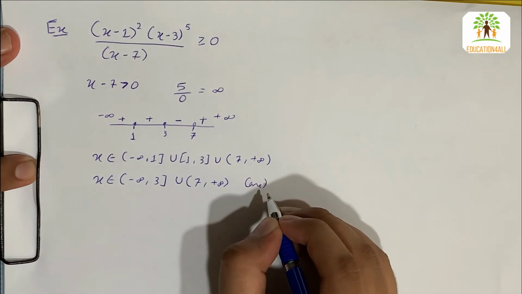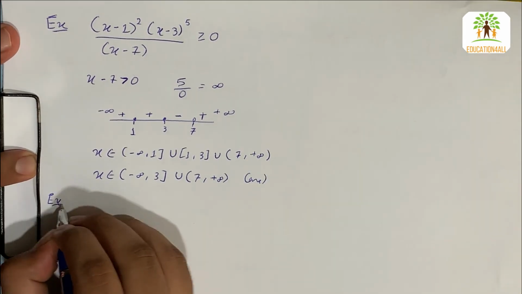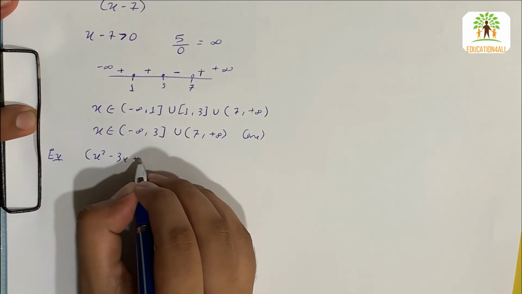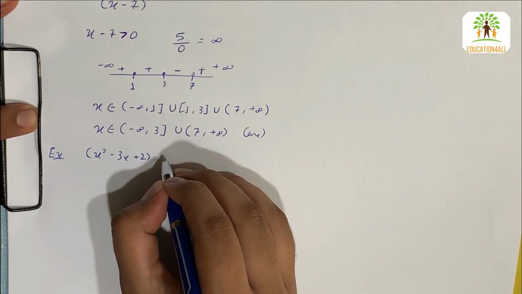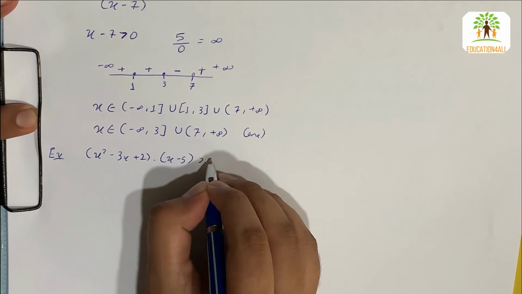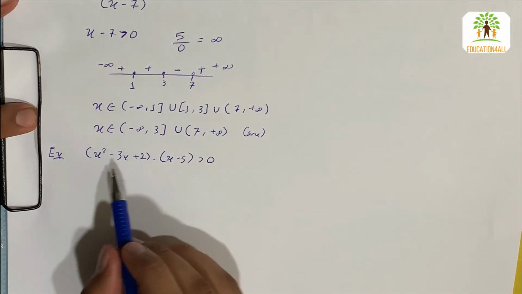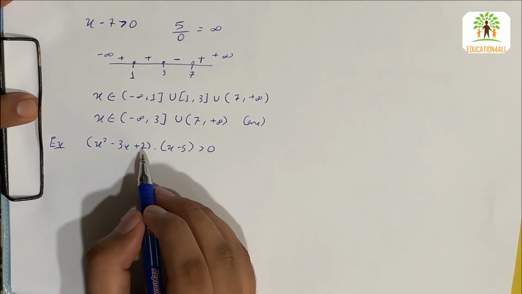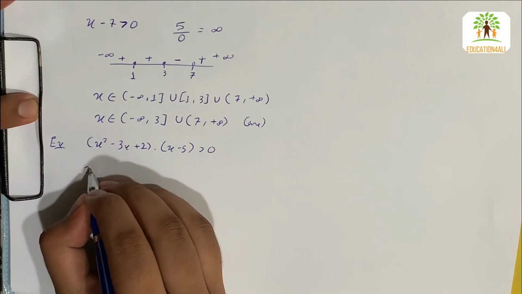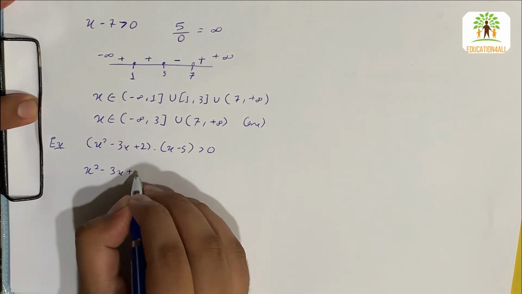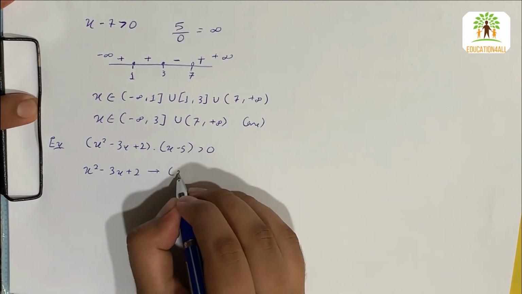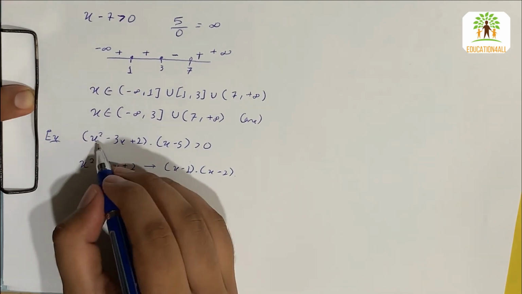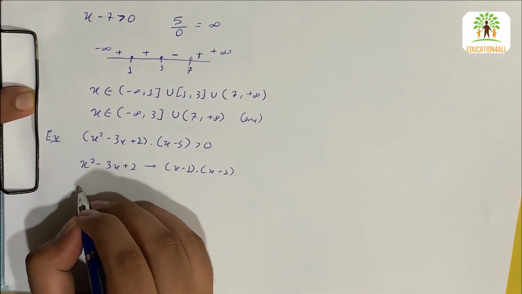Answer. Now, for the final problem of this video, example, x square minus 3x plus 2 times x minus 5 greater than 0. Here you can see that this is not factorized first. So, in these kind of questions, you will first have to factorize the equation. As you know that the equation x square minus 3x plus 2 can be factorized as x minus 1 times x minus 2. Now, by replacing this as this, we can once again write the question as